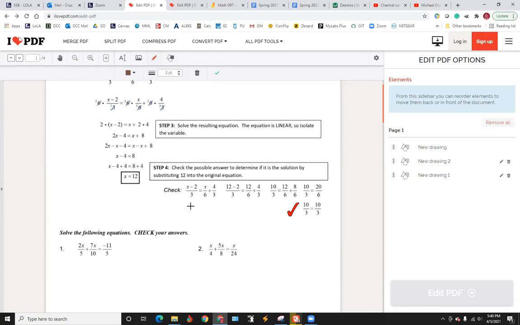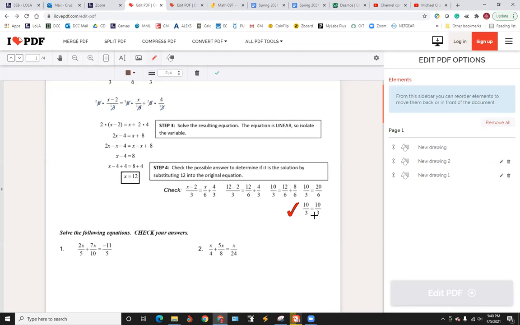Now, there's no way to really go through the whole check during a lesson, but I want to select certain ones to check. This is going to be important, especially in the second example. You can see we've come up here with x equal to 12. So if you put 12 in here, 12 minus 2 is 10 over 3. And then this is 12 over 6. And then this one is just